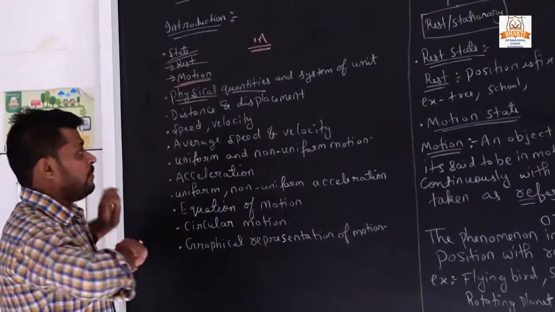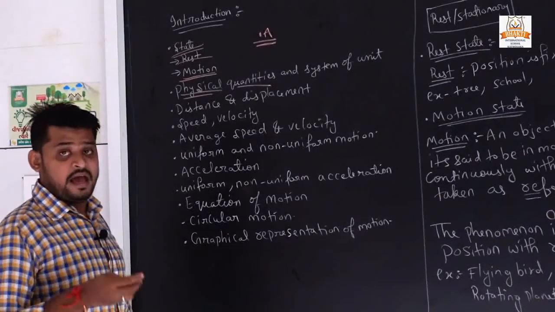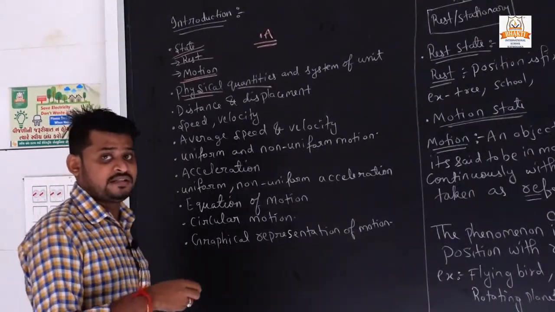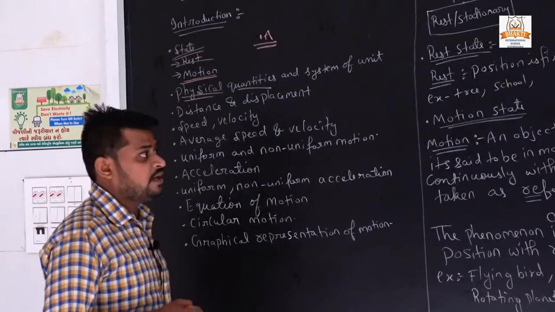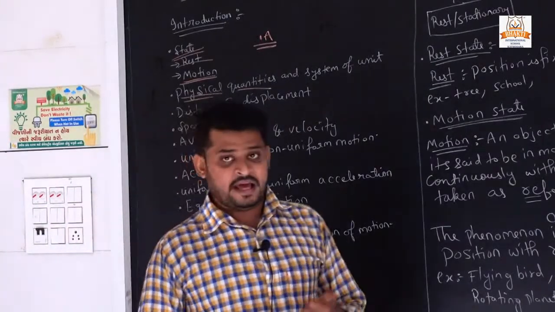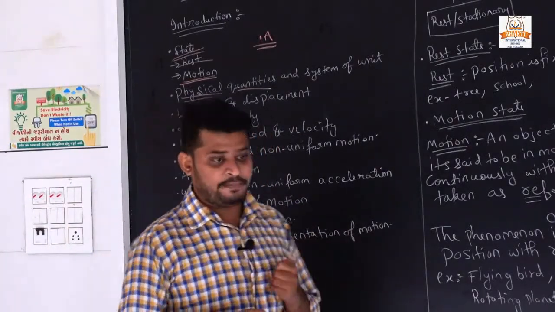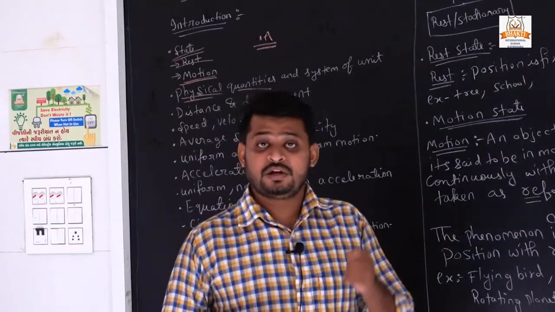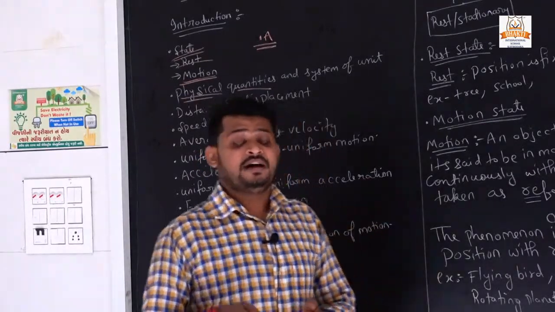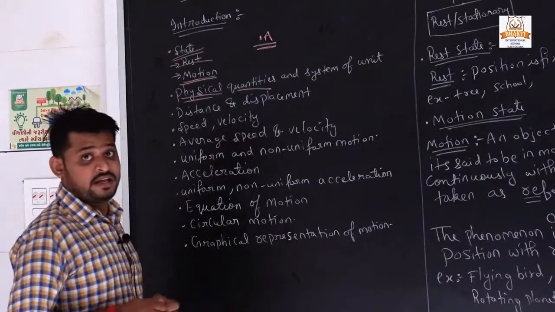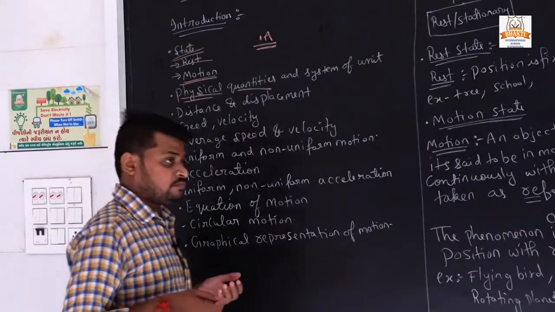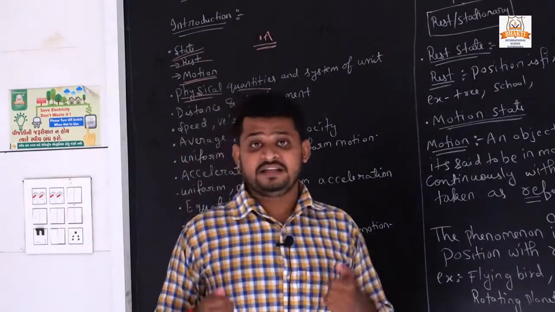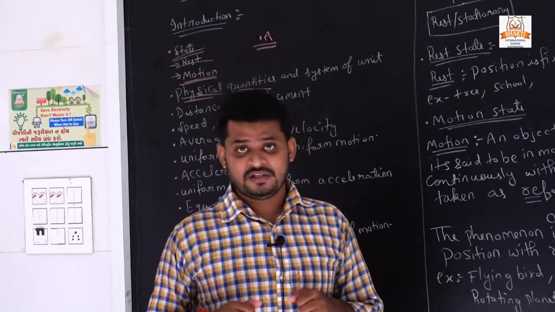So there are two types of physical quantities, and according to these, length, mass, time, temperature, all these are included in scalar quantities. One example, mass. We calculate our mass in kg, right?